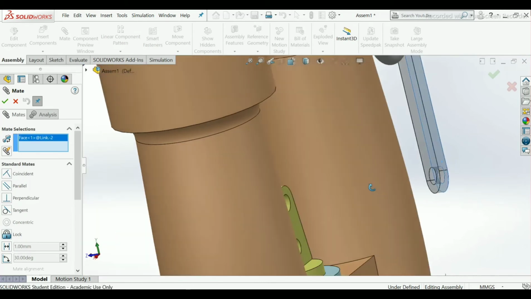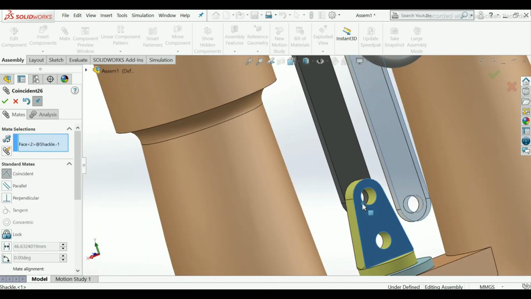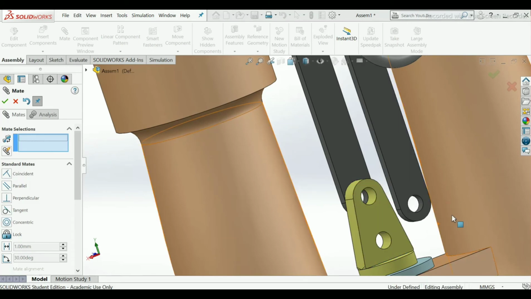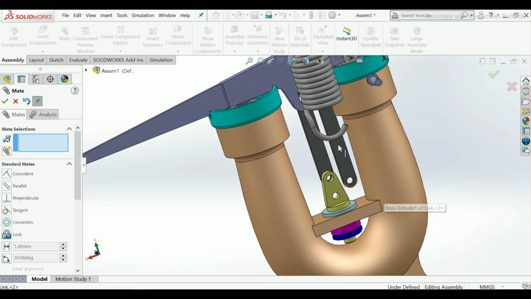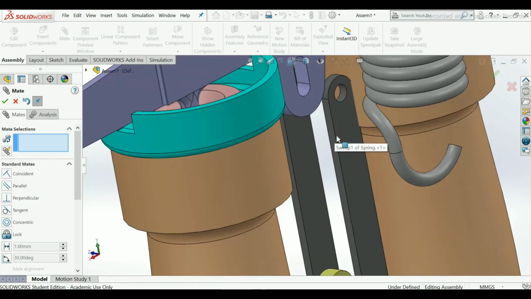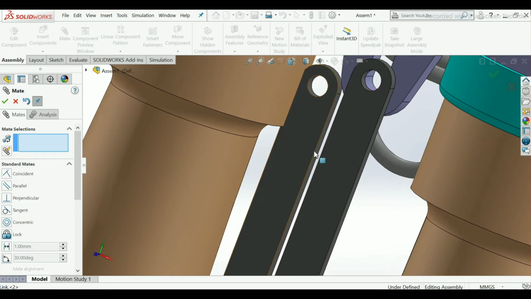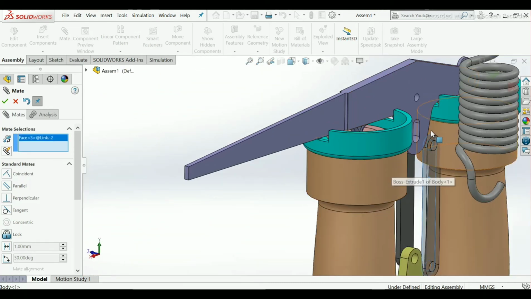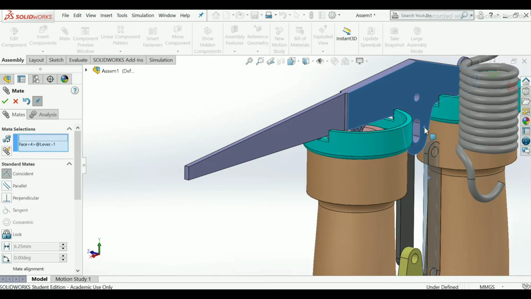select this plane and this surface, make it coincident. Okay, select this surface and this surface, make it coincident.